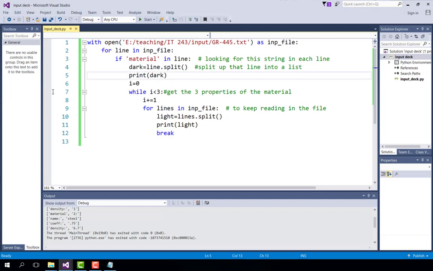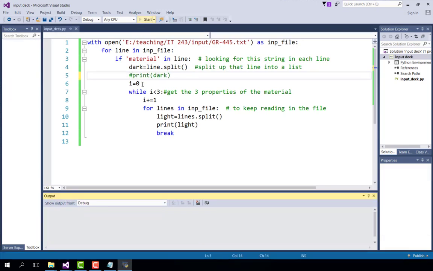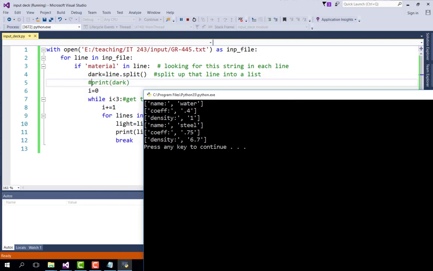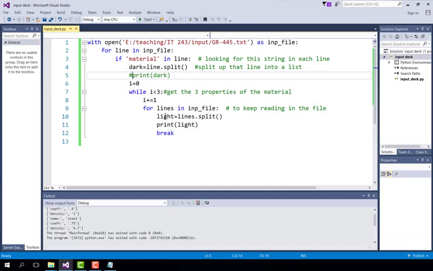In fact, I'm going to highlight this out, and maybe you can see the difference in that we just lose the materials. So we know it's grabbing the materials correctly. But what I really want to do is do an if here. So in other words,